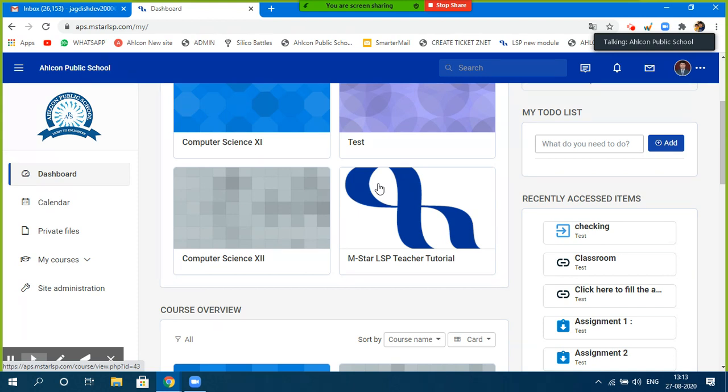You can always upload the content in terms of an HTML page. This HTML page gives you the liberty to place the content in terms of text, images, audio, and video. So this page contains each and everything. Let's say you want to teach a particular chapter, and in that chapter you want to initially introduce certain things through text. You can specify that text. I'll show you all these things, just a brief I'm giving you.